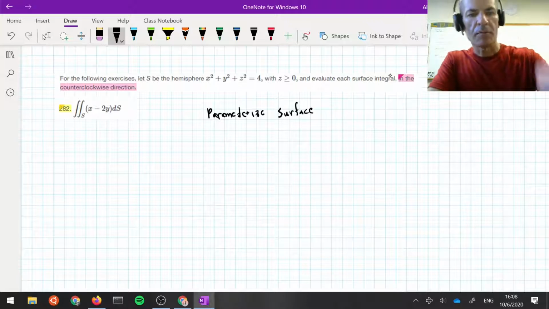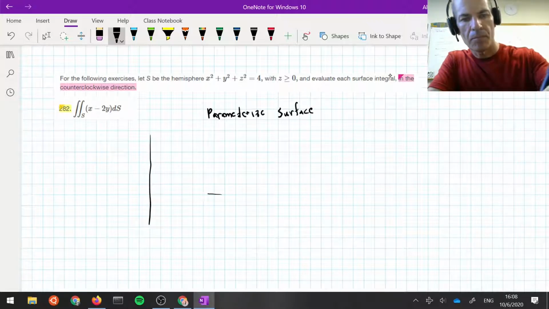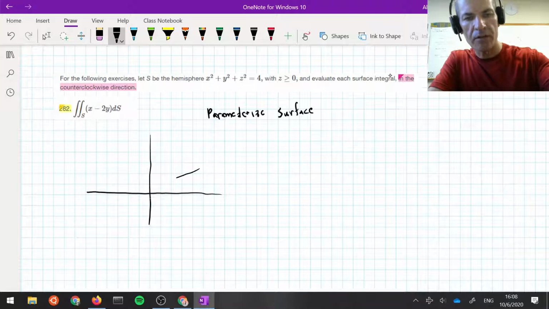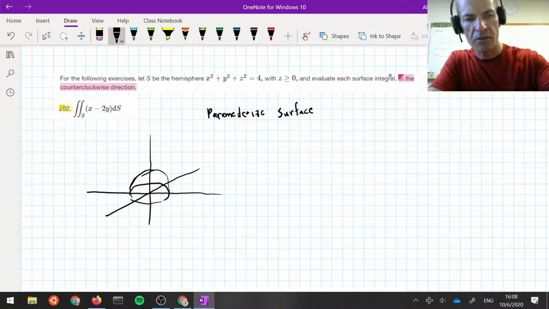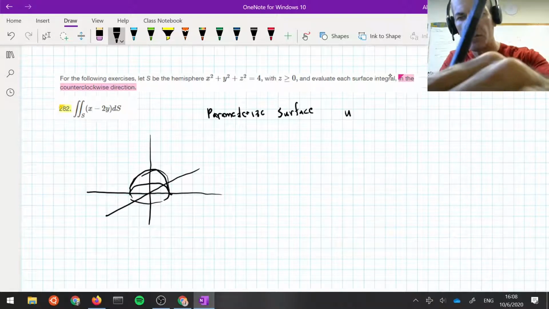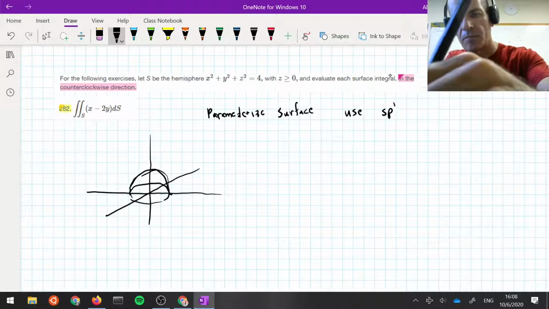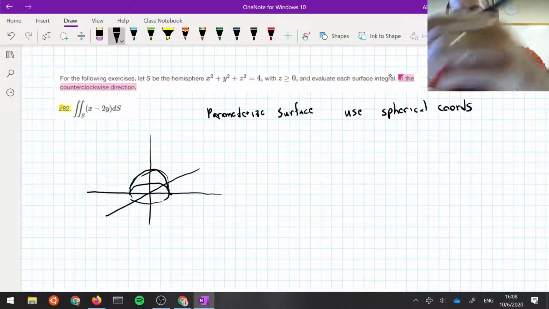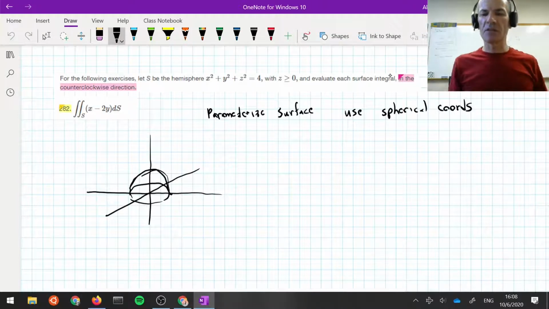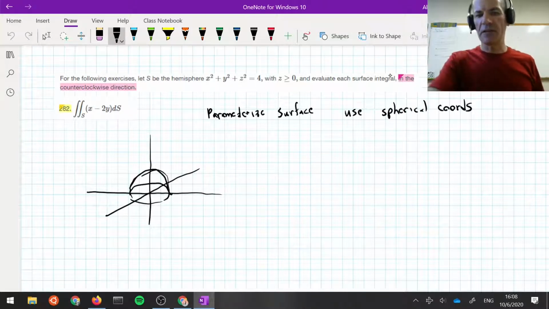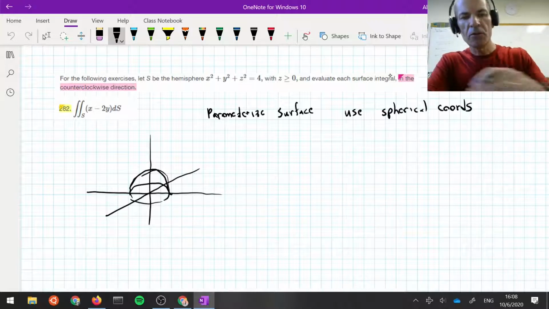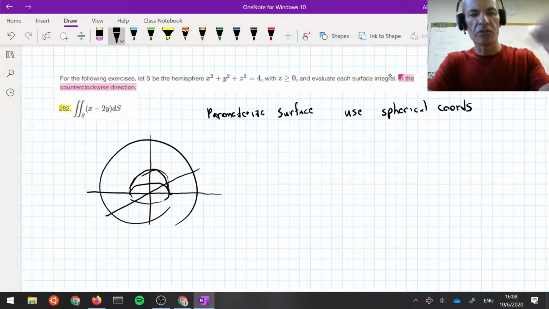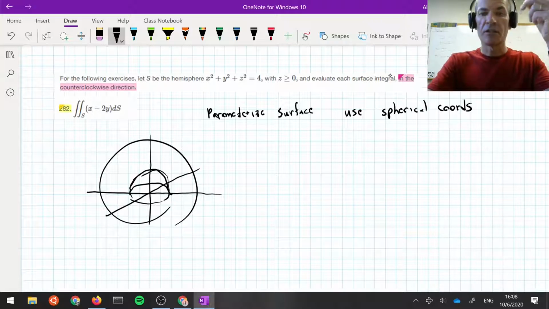Now, this is a hemisphere. And the best way to parameterize surfaces that are related to spheres is to use spherical coordinates. That's because the sphericalness is built into those coordinates, and we can take advantage of that. So if you were just trying to describe this hemisphere in spherical coordinates,